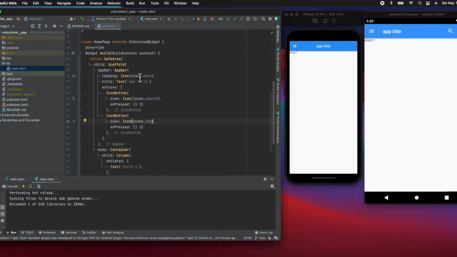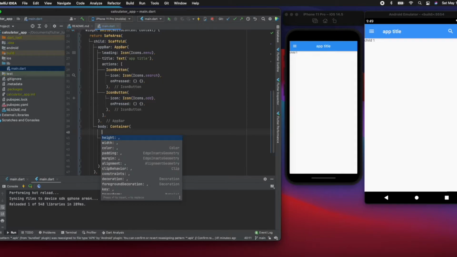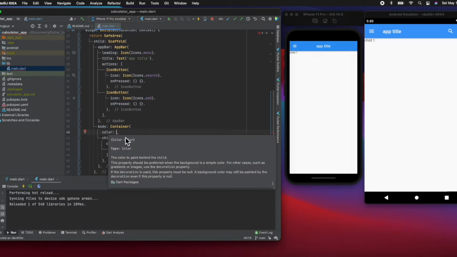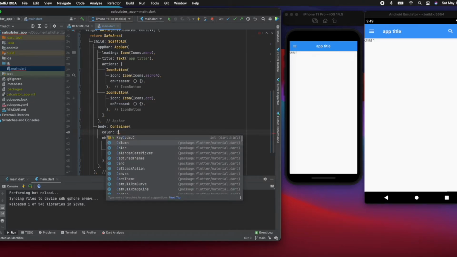So if you use a scaffold, you have an app bar, and then our body is a container. So for this container, if you go control space for Mac, and then you have the height, color, width, right? So right now, let's give it a color. And color, remember, takes a color type, right? So we could do color,